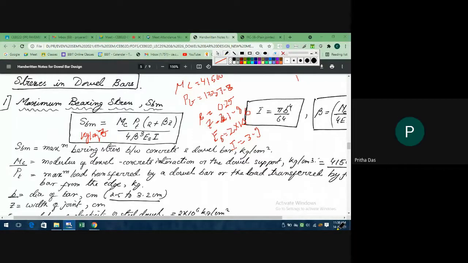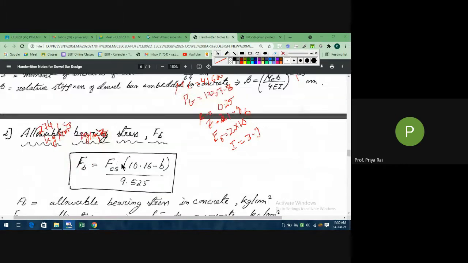SBM is 274 kg per centimeter square. Now this is the toughness of the semester paper. That means you have to score this much marks. Now comes your preparation, which is FB. So how much is your preparation? How much marks can you obtain with your preparation? That we have to calculate.